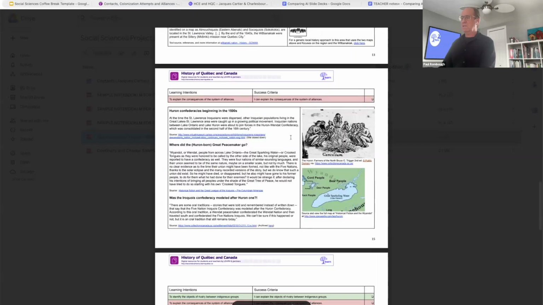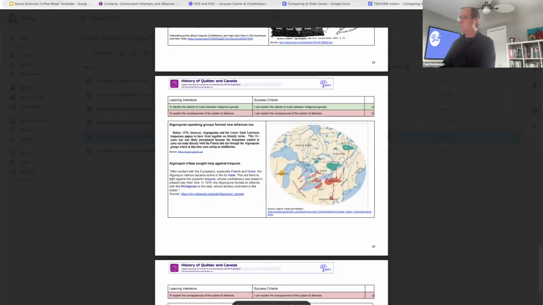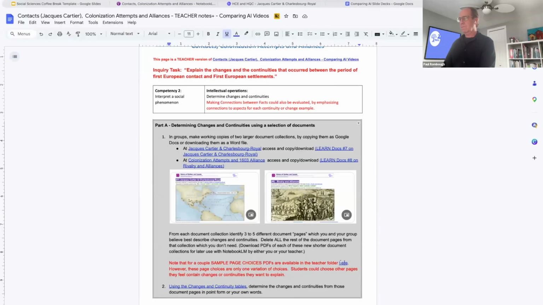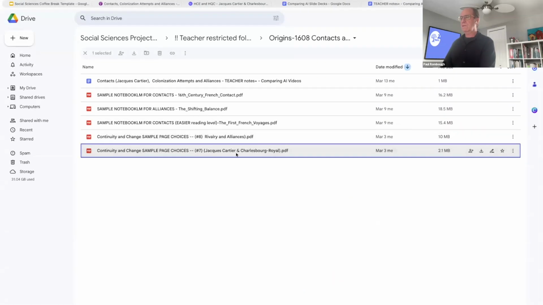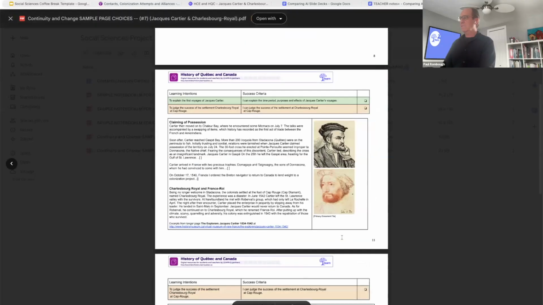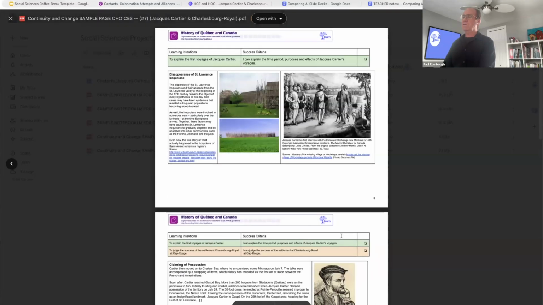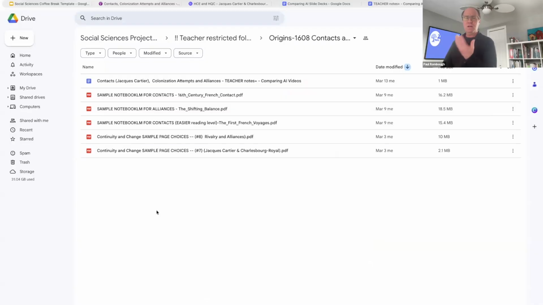So this one is a selection that's quite a bit longer, actually. Whoops, go back again. And I'll try this one. So these are some sample pages. See, there's only 3 pages here out of a larger 17, 20, 30 page document collection. Students pick which pages they thought had some information about change and continuity. So once they've done that,